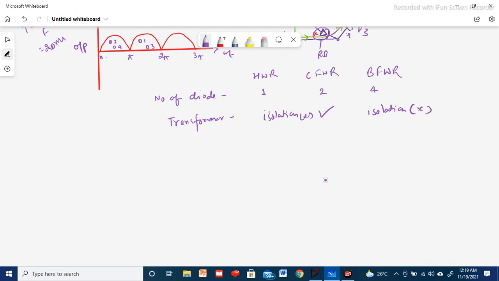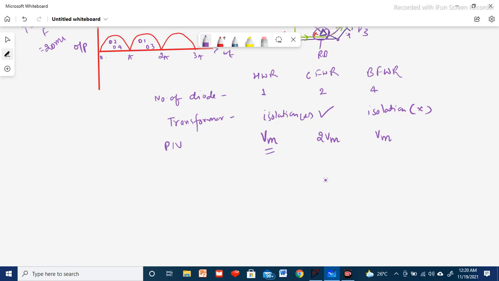Now peak inverse voltage, PIV. Peak inverse voltage for half wave rectifier is Vm. We'll find out the maximum voltage. That same maximum voltage will be the peak inverse voltage for the half wave rectifier case. And for center tap full wave rectifier, it is 2 times of Vm. Okay, because there will be half Vm voltage always available across the winding also, and the one Vm will be available across the diode. So that will be 2 Vm. When we open the diode, we'll be having 2 times of the maximum voltage as peak inverse voltage.